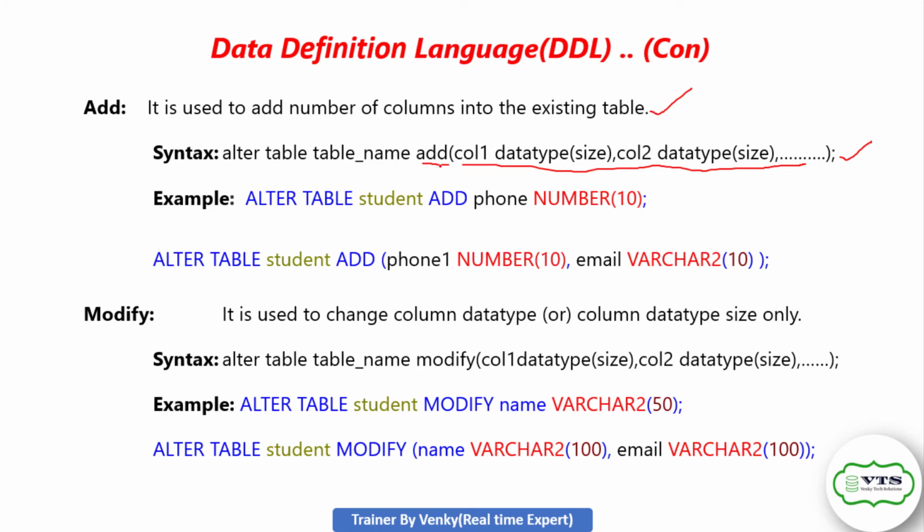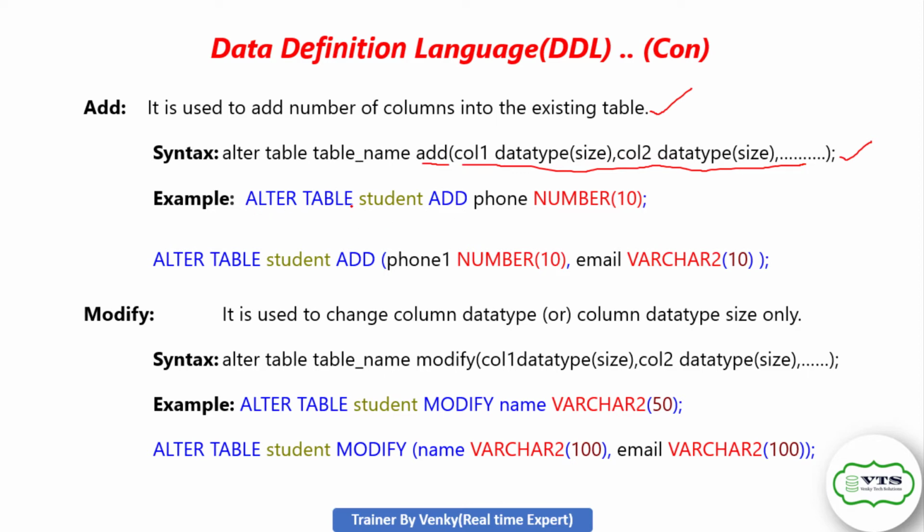Then add is a keyword, or you can call it a command also, that's not a problem. Column 1 data type size. Along with the alter command, by using the add keyword we can add n number of columns into the existing table, like column 1 data type size, column 2 data type size.